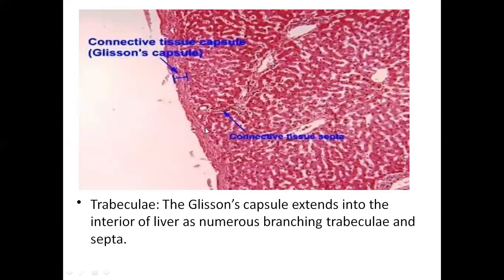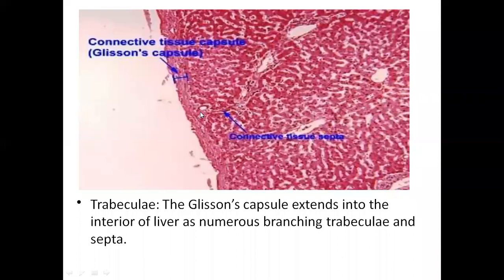Here in this diagram, you can see the histological section of the liver tissue. The most outer layer is Glisson's capsule, the connective tissue capsule, which consists of an outer fibrous layer and an inner visceral layer, the serous layer. Here, this connective tissue capsule or Glisson's capsule